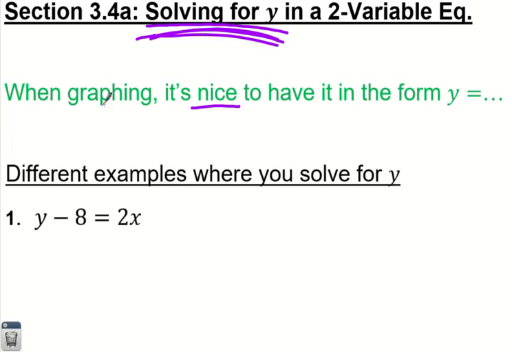So I'm not going to really reveal that yet. It'd be getting a little bit ahead of myself, but you might already know what I'm talking about. The bottom line is, it's really important to be able to, like here in number 1, if y is not by itself, get y by itself, first of all, before we talk about how we're going to use it, or how we have used it, or will use it. So in this example,